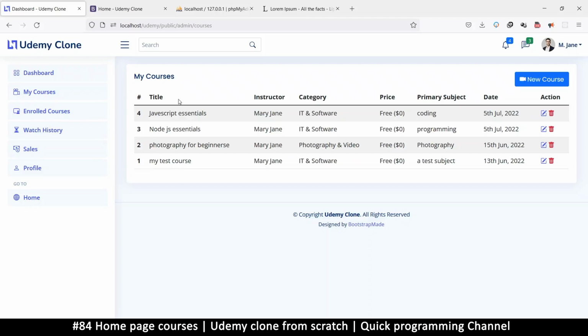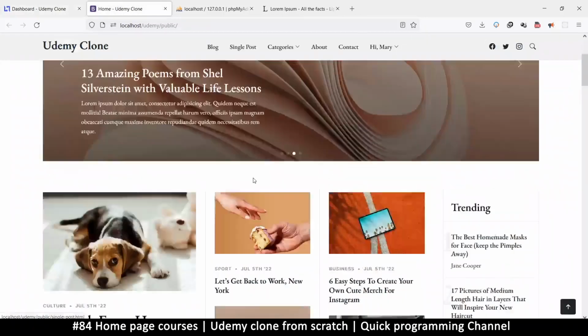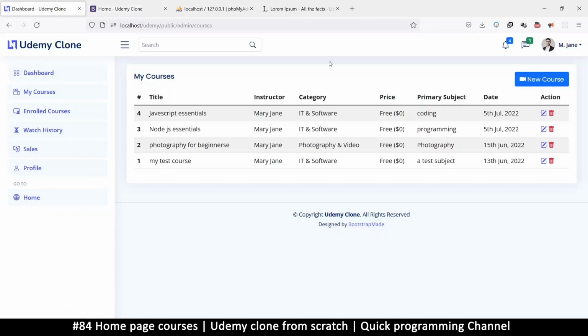Okay, for now we can use what we have here. So at least some courses here. Maybe I should show images, course image here, since we've added it. It would be nice to see that here. So we're going to add that. But for now, what I want is to be able to read these courses and put them here on the home page. First thing is, how do we read